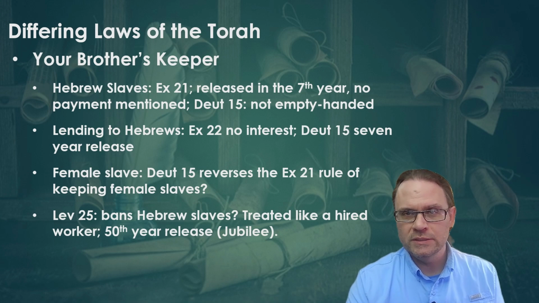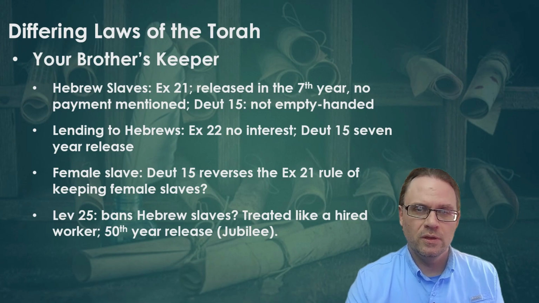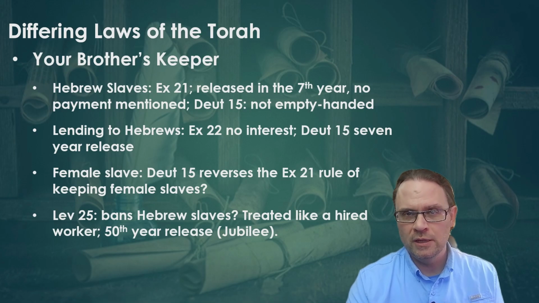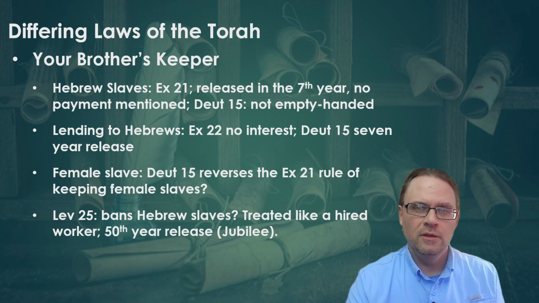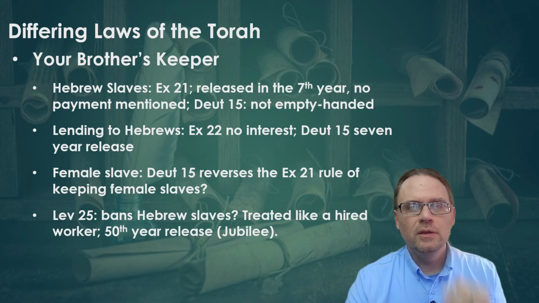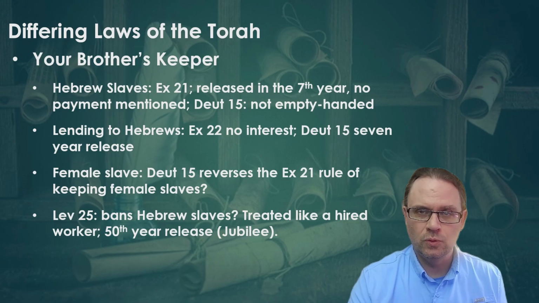Some scholars believe that Leviticus is a later modification of Deuteronomy because of their few parallels. These two passages also share another similarity in their terminology. Unlike Exodus 21, which speaks of a Hebrew slave or servant, Deuteronomy 15 and Leviticus 25 speak of your Hebrew brother or kinsman. Again, our purpose is not merely to point out differences and contradictions, but to see what they tell us about the biblical authors, their beliefs, and maybe even other details about them and when they wrote. We've presented some such evidence for the authorship of Deuteronomy, which has some very clear beliefs and worldviews which show in its teachings. Exodus has less evidence of being a special school.